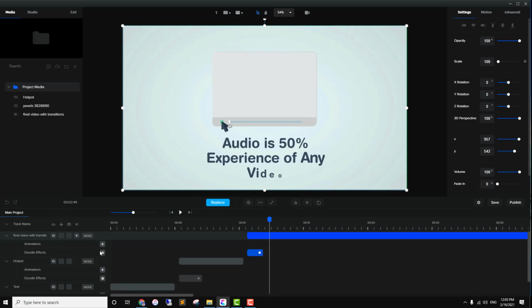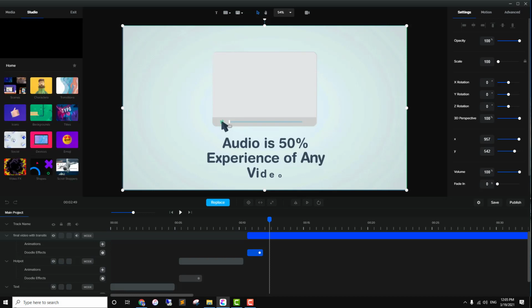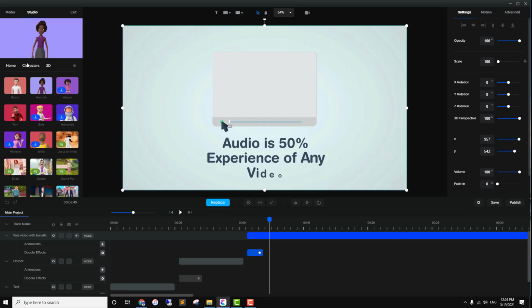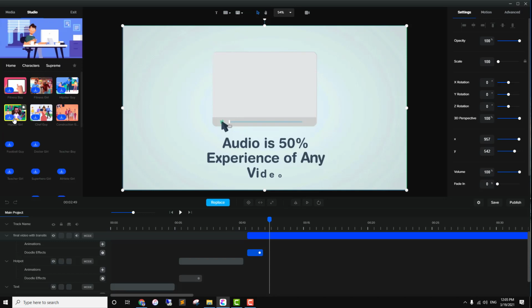And there is another thing, although it's totally a different topic, that is the studio. I told you that you can also make toon videos using Create Studio. So you are getting pre-made characters. For the front end subscription, you are getting a total of 26 characters, 8 3D characters, and the others are Supreme characters.